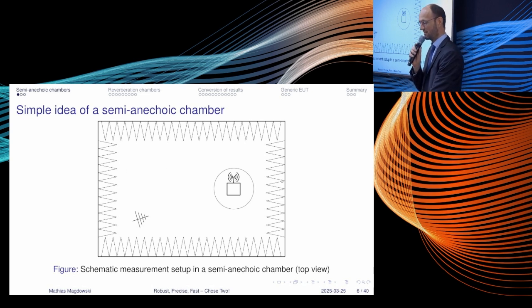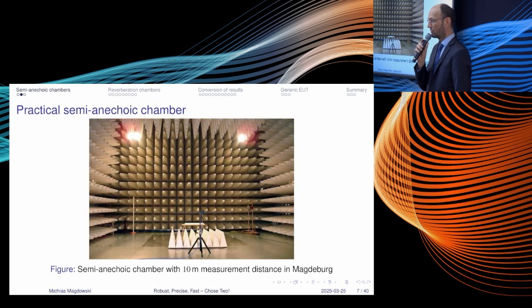So we take this big styrofoam, for example, absorbers, and they will absorb the electromagnetic waves so that they cannot be reflected from the metallic walls. And then there's usually a turntable. You can place the equipment under test on a turntable and measure the emission in terms of field strength in a certain distance with some antenna, and rotate this, for example, and get a radiation pattern, a radiation diagram of your equipment under test. And this is how it looks like in practice.